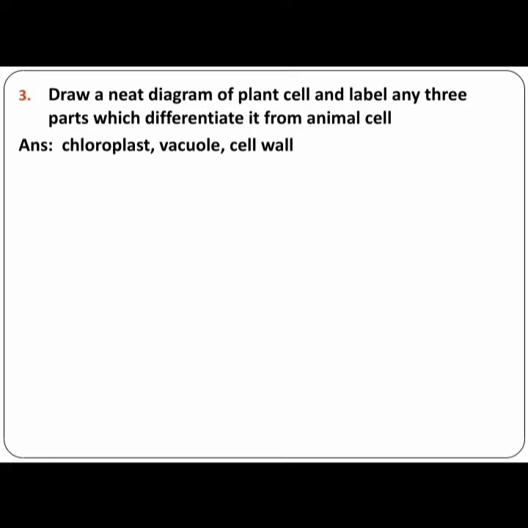Chloroplast is present in the plant cell and absent in the animal cell. Vacuoles are large in size in the plant cell, and in the animal cell they are very small. Cell wall is absent in the animal cell and present in the plant cell. So you need to draw the diagram and label only these 3 parts. Answer to the point. Okay,